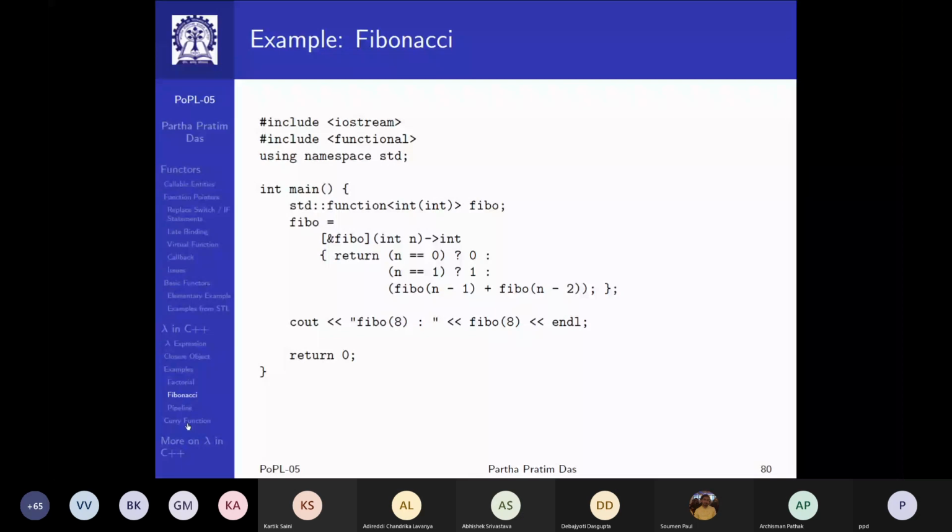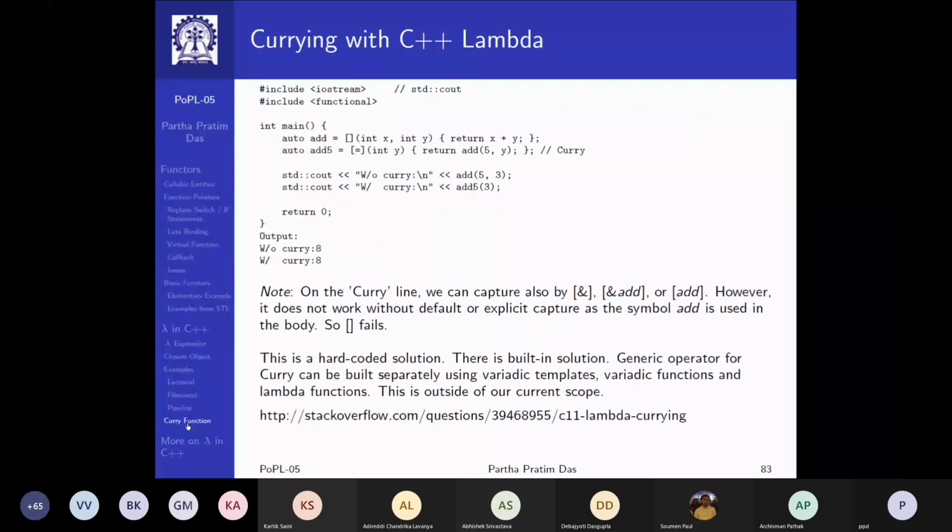On slide 83, just showing that you can explicitly write currying. You can do currying, because if you have lambda, you'll need currying. So I have auto add, a lambda which takes x, y and returns x plus y. I do another lambda add5, capturing by default by value, taking int y. What are we capturing? We are capturing add, right? And by value, because we do not want to make changes to that. And then add5y. So this functor